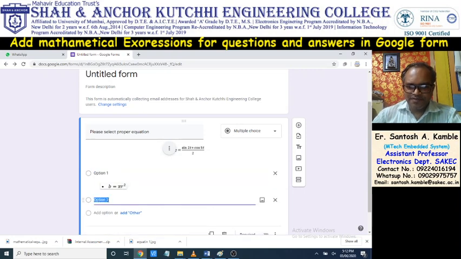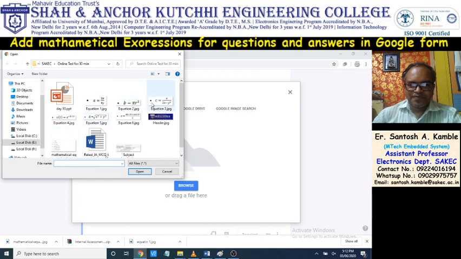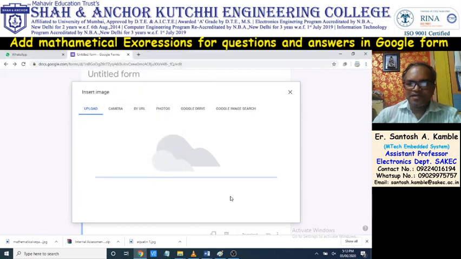Now second option, again you can add an equation. So you can add a second equation or expression. It should be in JPG format.